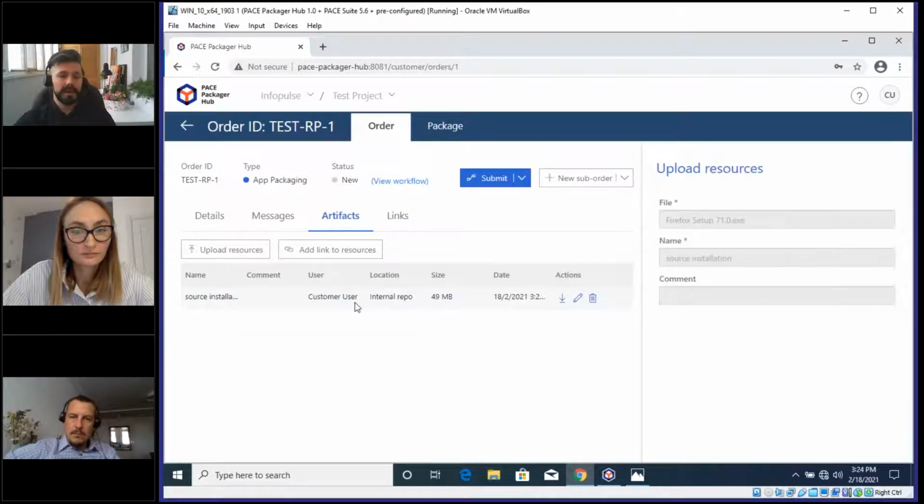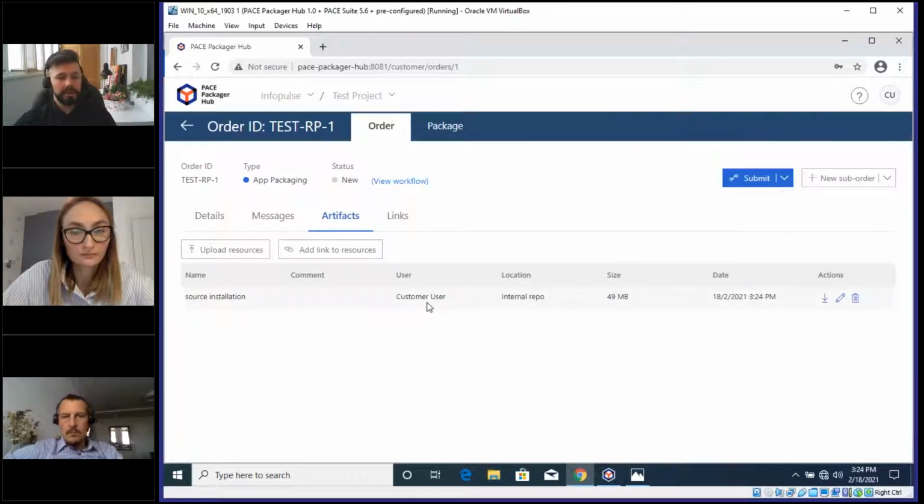Here we can see this file. We can also view who has uploaded this file, the file size, and the date when this file was uploaded. Also, we can edit if needed or delete this resource. In addition,